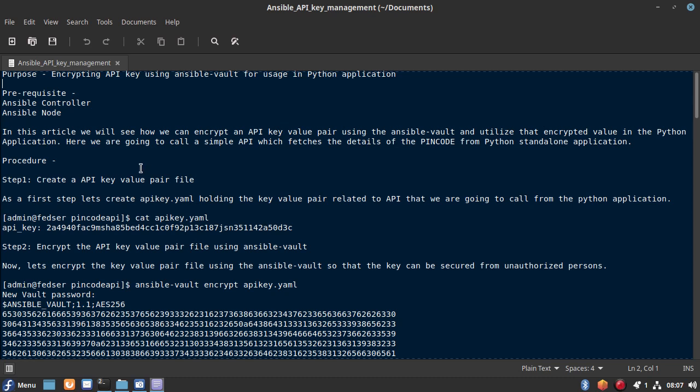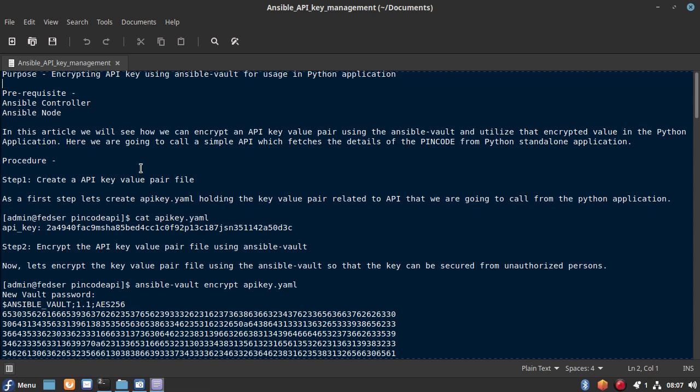As a first step, we need to do the encryption of the key. Basically, every API which we are going to utilize will have some kind of secret content like the API key and the host or secret key, which we want to utilize in our application, and at the same time, we do not want that to be disclosed in plain text format in the code.